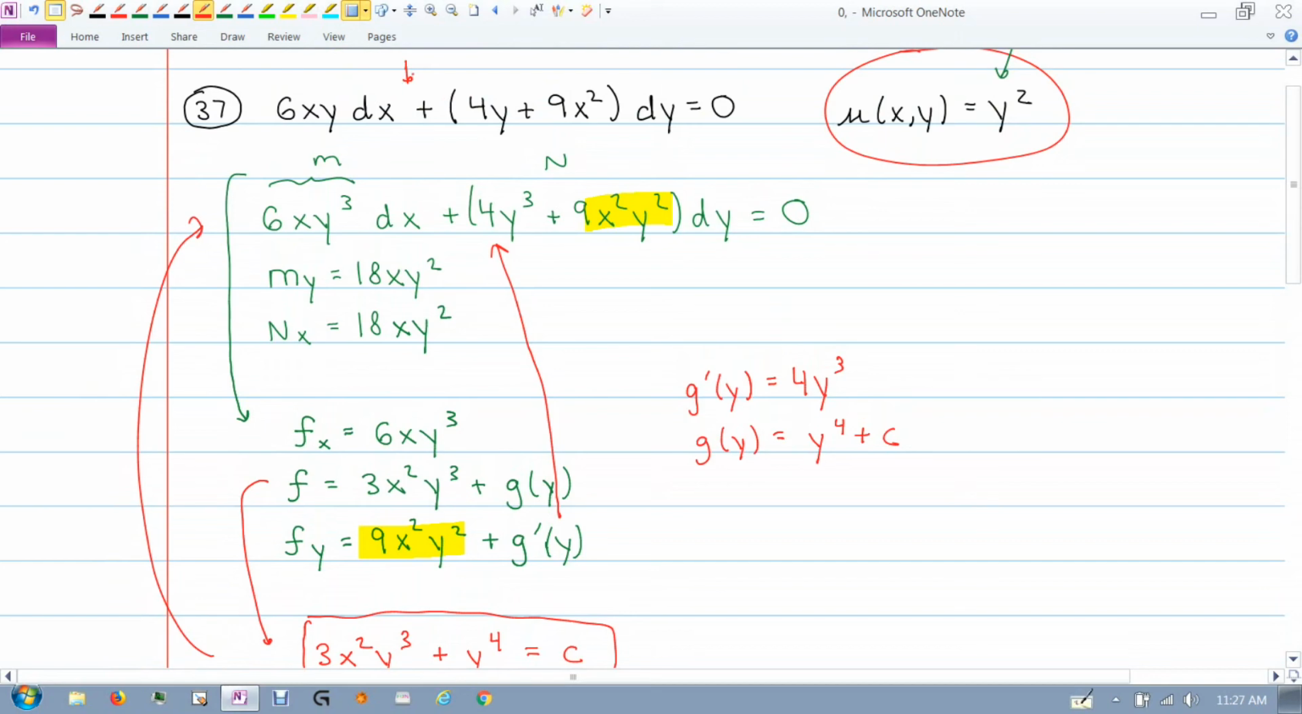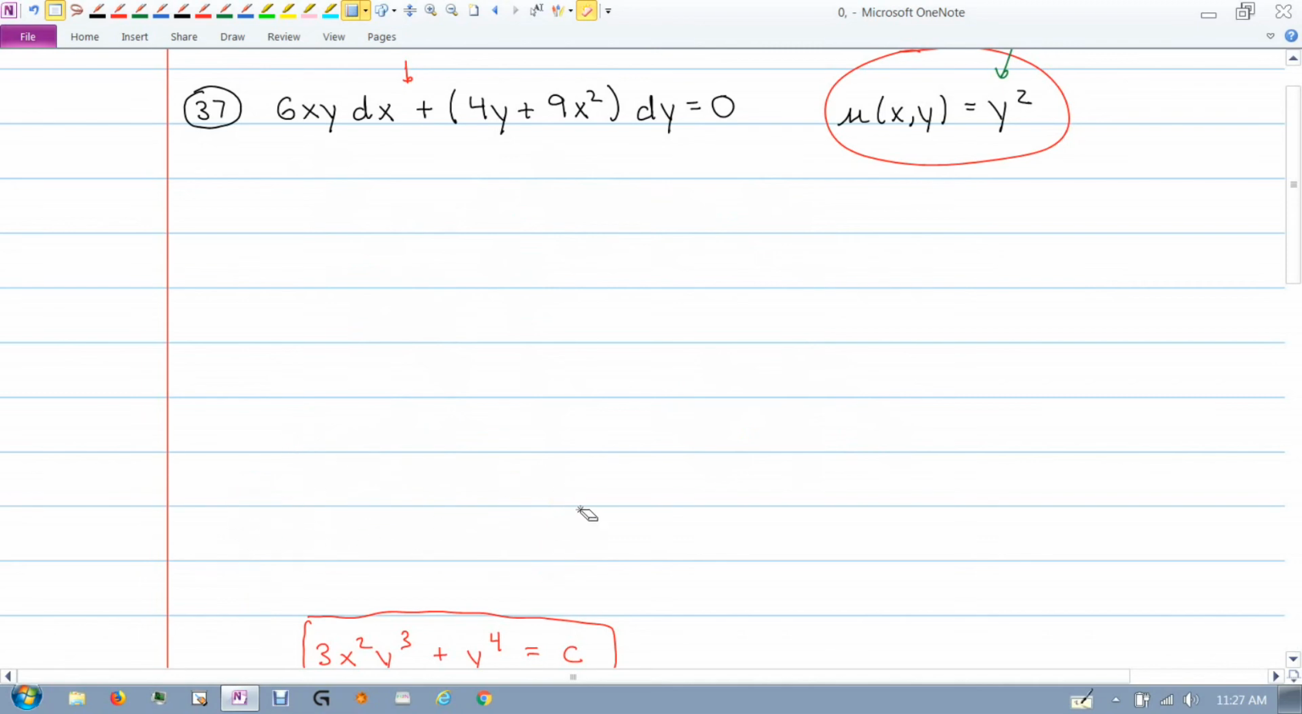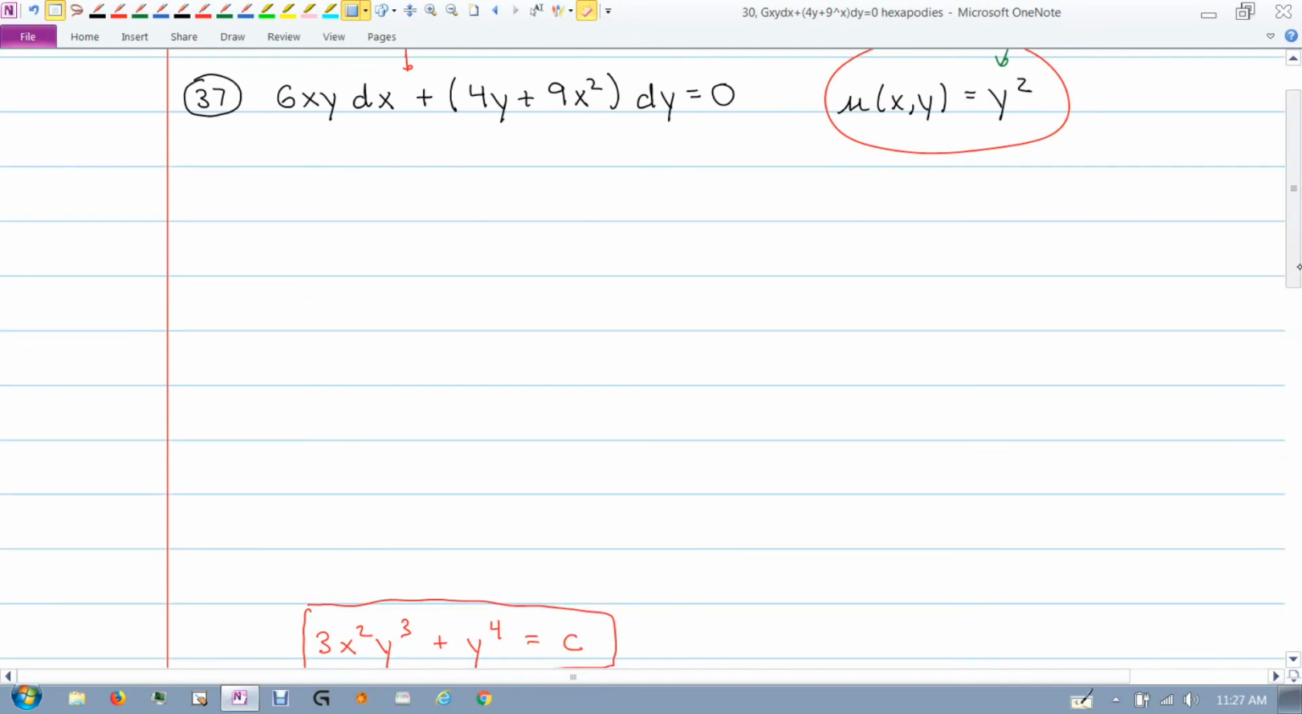So let's see, do I want to go through that? Yeah, I can go through that. Let me erase this stuff here. Let me just show that that's a solution, that we didn't lose anything by multiplying by y squared. So I'm going to take my original differential equation, 6xy, and then dx. Let's divide everything by dx. So divide through by dx, we get dy/dx right here. So I'm going to replace this with dy/dx, and I'm going to take this right here